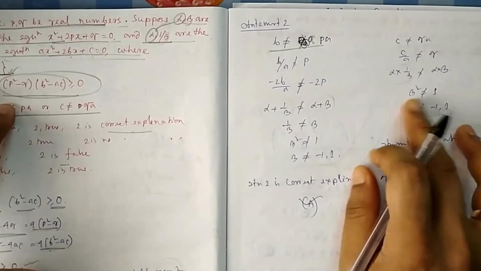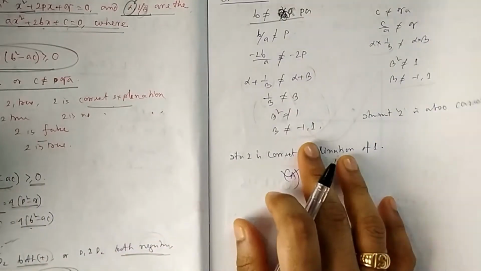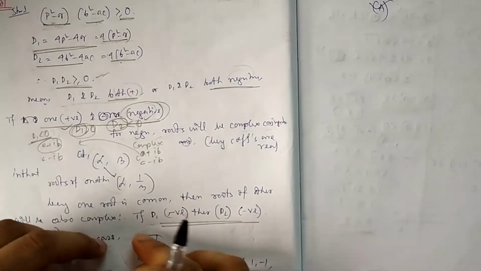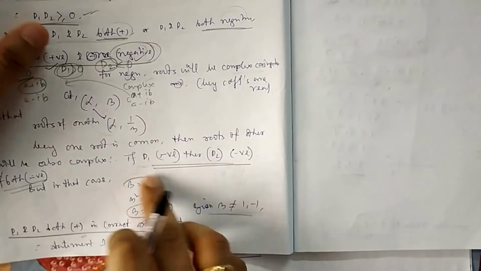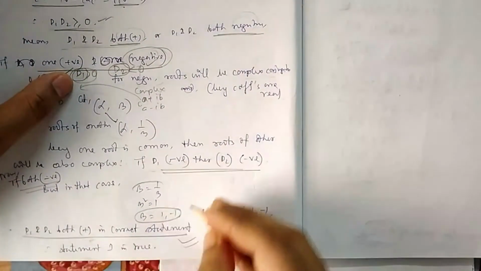So obviously this is also true. So statement 2 is true. Now you have to check whether 2 is the correct explanation of 1 or not. How to check? While calculating 1, you check whether we have done something which is common. So you see this zone. From here to here we have done this calculation.